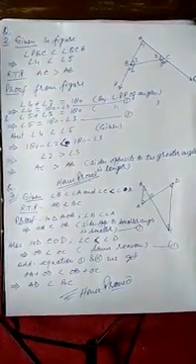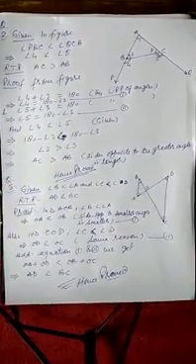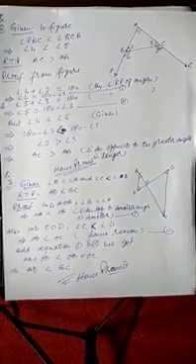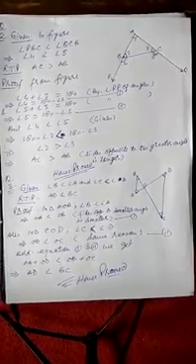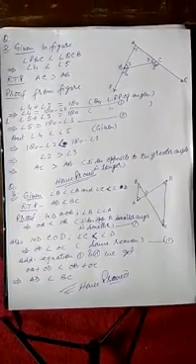Now we'll see the second question of the same exercise 7.4. In that question, we are given in triangle ABC, the sides AB and AC are produced to the points P and Q respectively. And we are given angle PBC is smaller than angle QCB. Let us say angle 4 is less than angle 5 and RTP is AC is greater than AB. We have to prove that in this question AC will become greater than AB. So now see the proof.